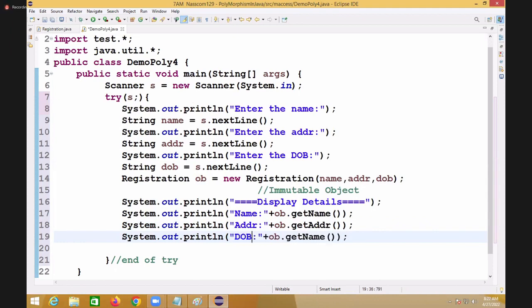Date of birth, ob.getDateOfBirth. This program is only for demo. We are just initializing final variables using a constructor. If we construct the class using 4 rules, that is an immutable class. The object generated from the immutable class is an immutable object. That's theory. If you run it,